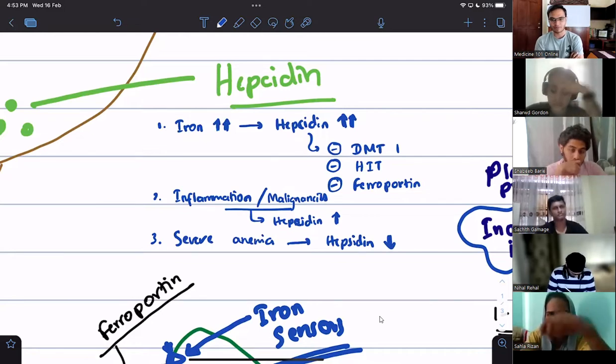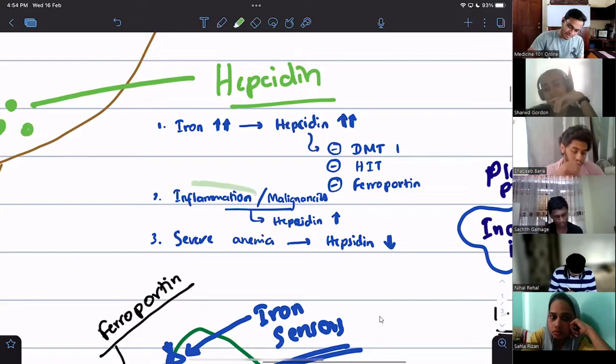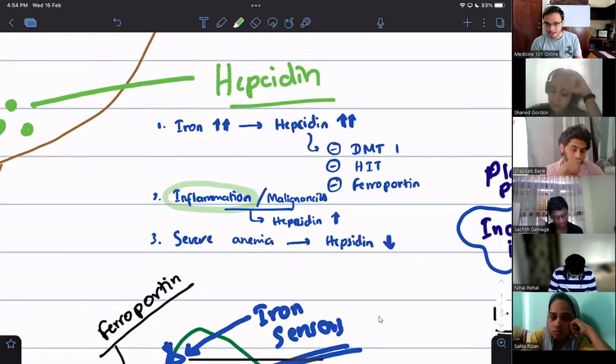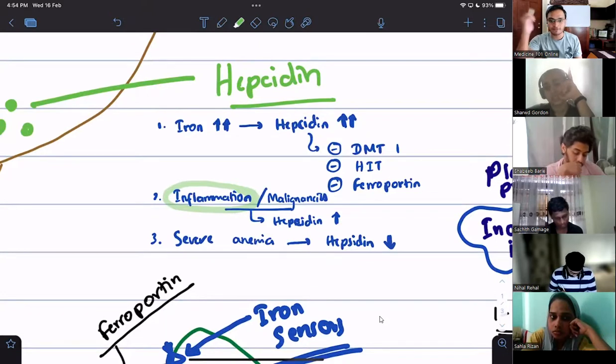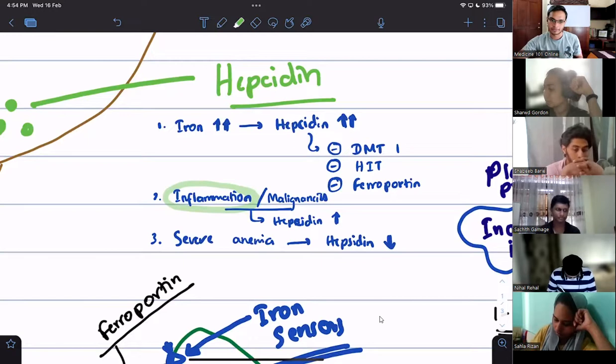What do you think is the problem with this patient? Maybe something like SLE, a chronic inflammatory disease. What did we say? Whenever inflammation is there, hepcidin is high. When hepcidin is high, all these transporters are going to be dysfunctional. So even if you give them iron supplementation orally, maybe they don't show an improvement. These are things to think about. We will talk about this later when we come to treatment.